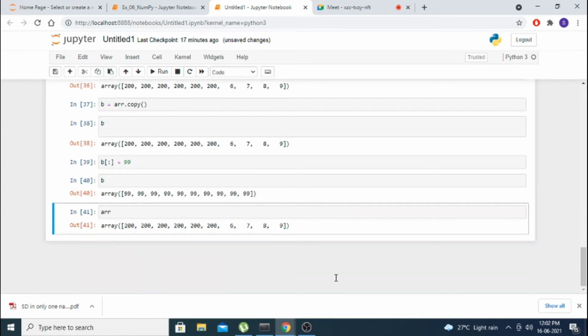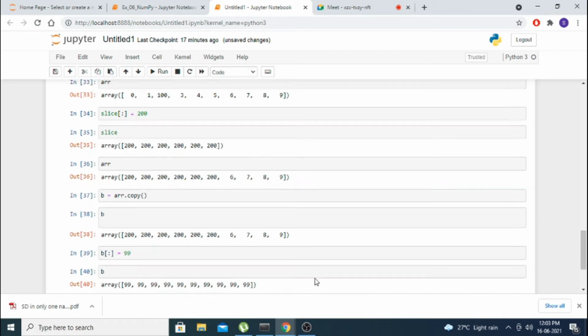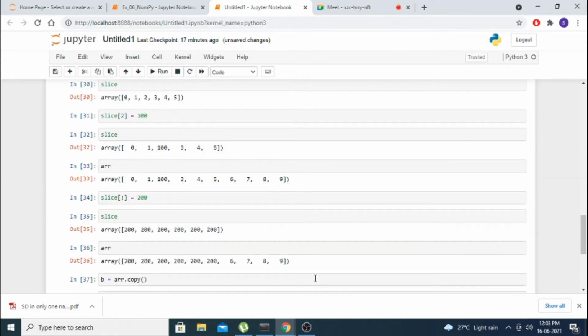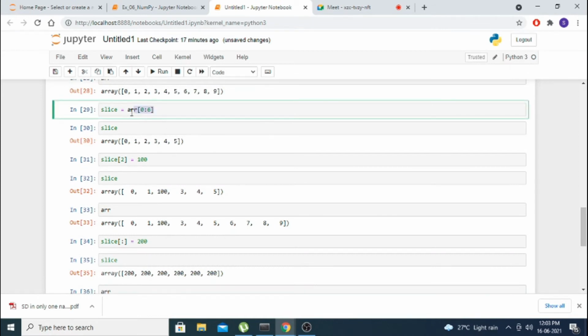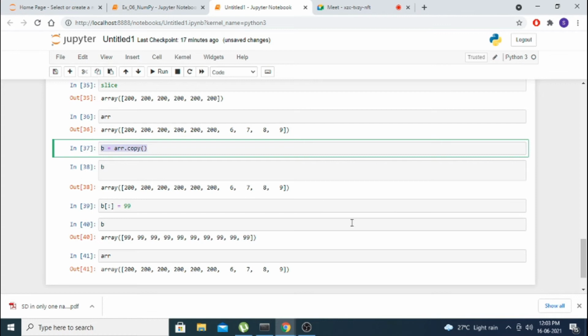So whenever you are taking a slice part, one part of one array, you can take one part of the array only, and you are able to do processing. Whatever changes are happening in the slice, it will affect the array also. When you are generally using the slicing concept, how we took the slice, directly we are copying like this. So it is called call by reference, the address is only mapped with the slice. No, if I want an entirely new array, you have to use array copy. This is the main difference between slicing and copying and indexing.